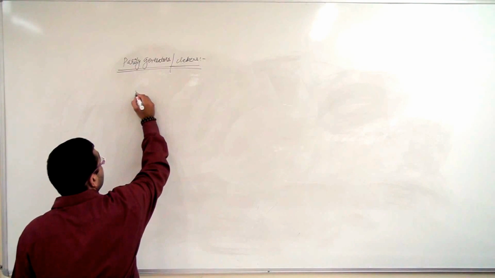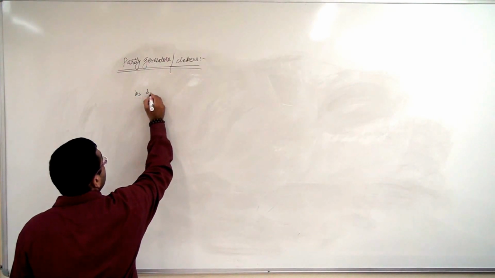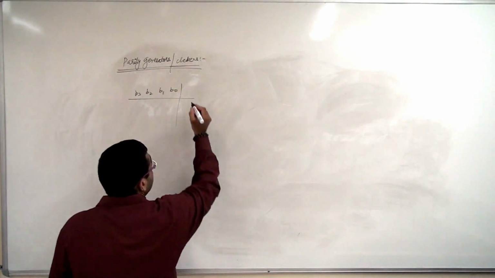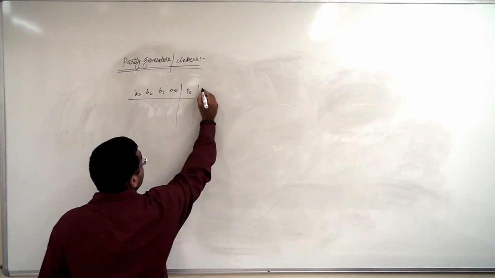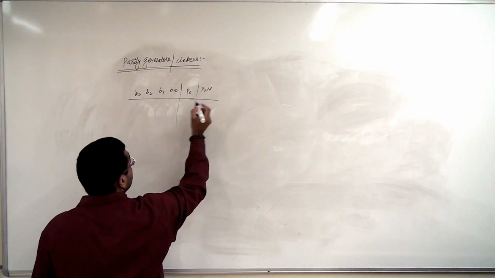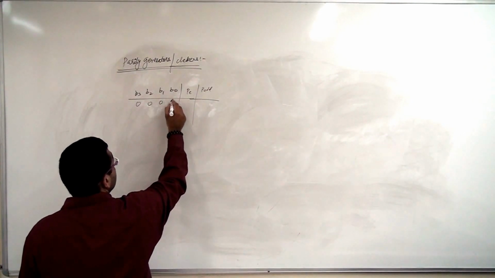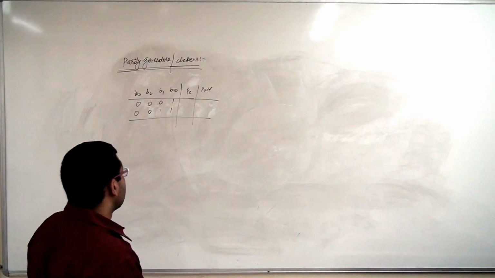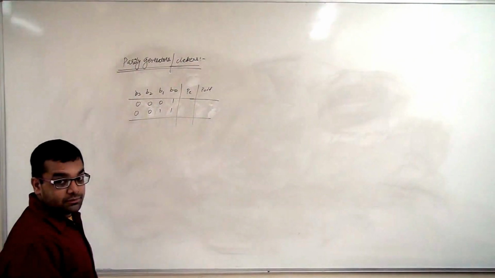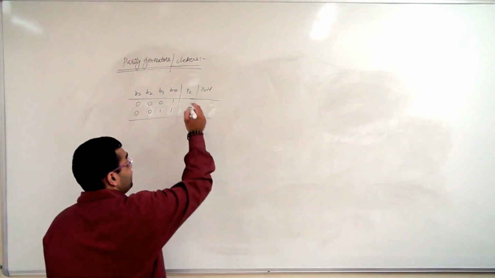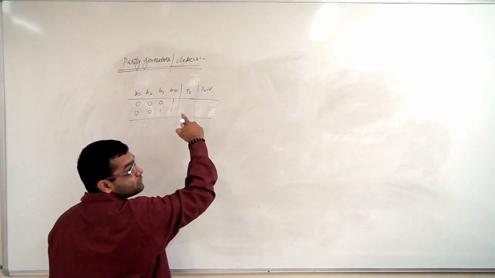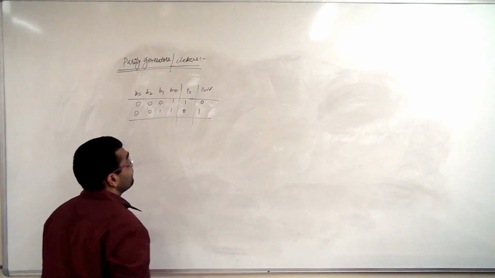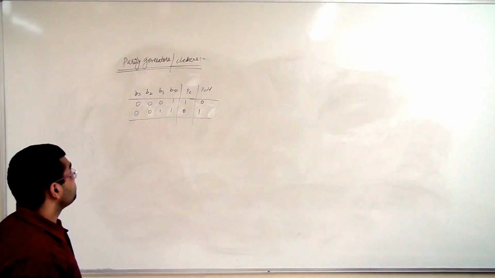Suppose for example we have our data bits B3, B2, B1 and B0, and our parity bit, if this is even parity, and this will be odd parity. Say 0 0 0 1, and 0 0 1 1. I have taken randomly 2 examples where I have an odd number of ones and an even number of ones. In case of even parity, the total number of ones, data plus parity, has to be even. So this will be 1, this is 0 over here. For odd parity it will be the other way around, that is 0 and 1, because the number of ones has to be odd.